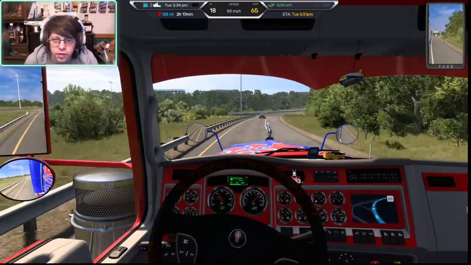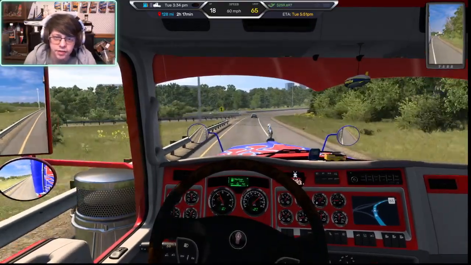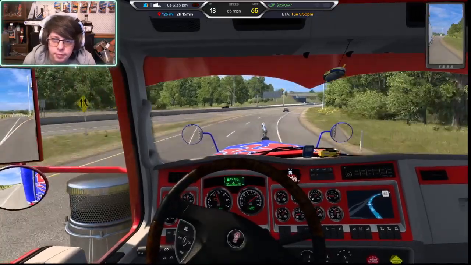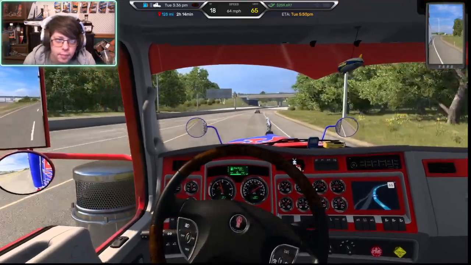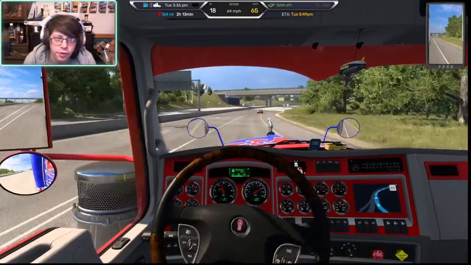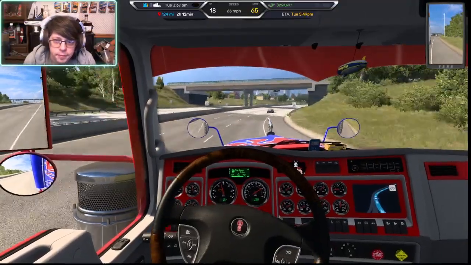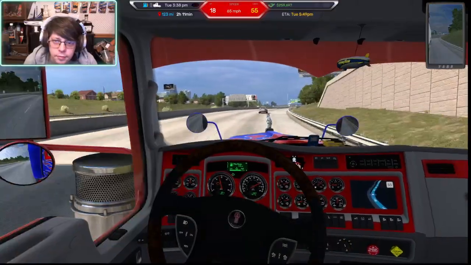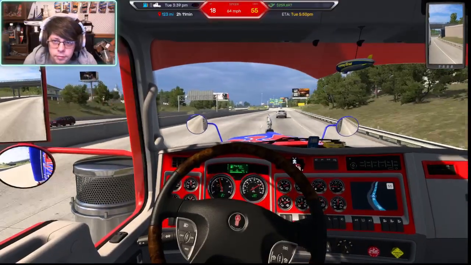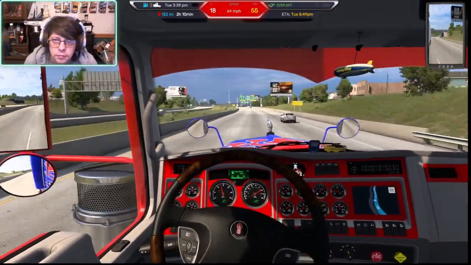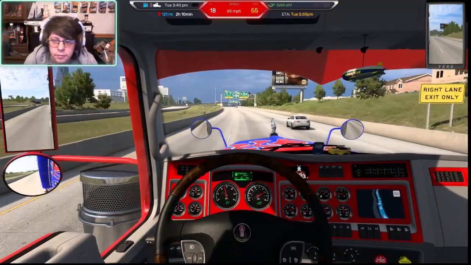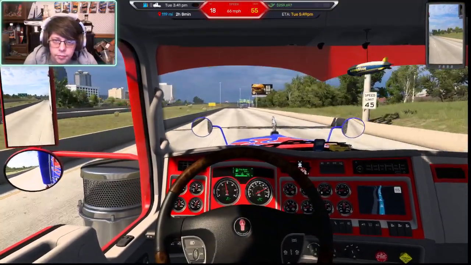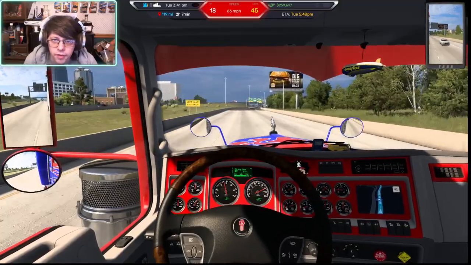Kind of tempted to get the T680. The new one? It does look pretty. Yeah, but there's only like one engine option. Bone stock, which is 425 horsepower, which is not gonna be able to pull up heavy things. Well, luckily we're driving semis, not